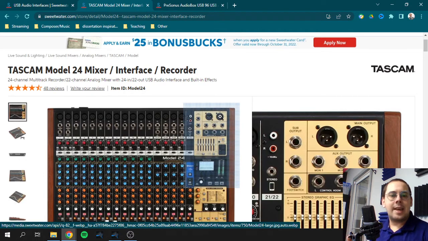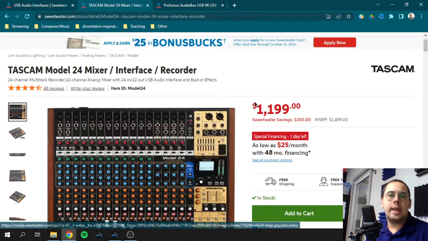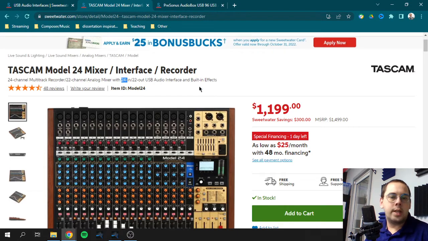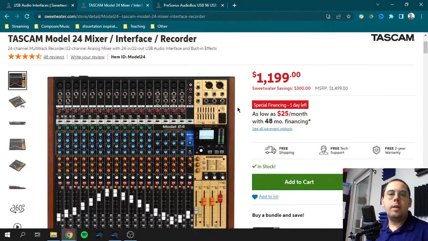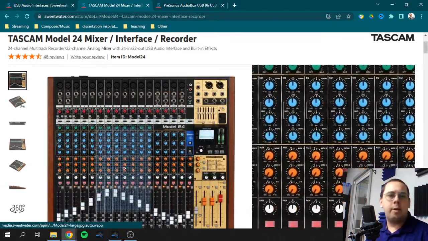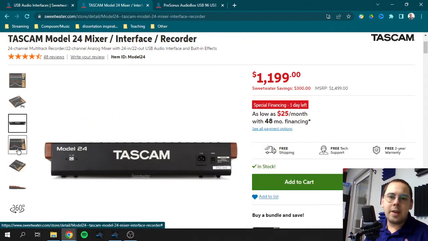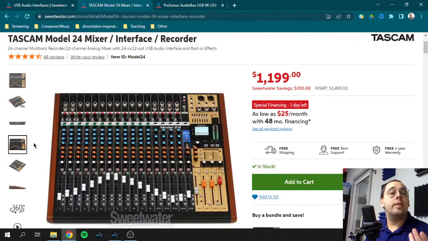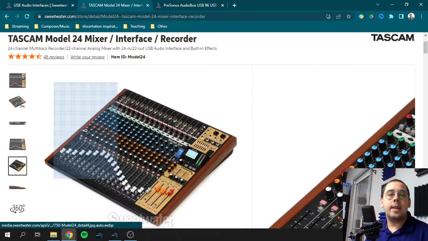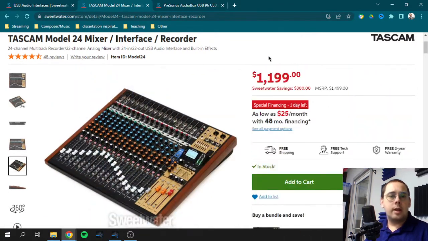But it's going to send that directly to the computer with as many channels as needed. So if this were an audio interface, which actually it is, this would have the option to send in 24 different channels at once. A lot of modern mixers are also USB interfaces as well, but not all of them. And that's just an important distinction I want to make, is that again, a mixer mixes